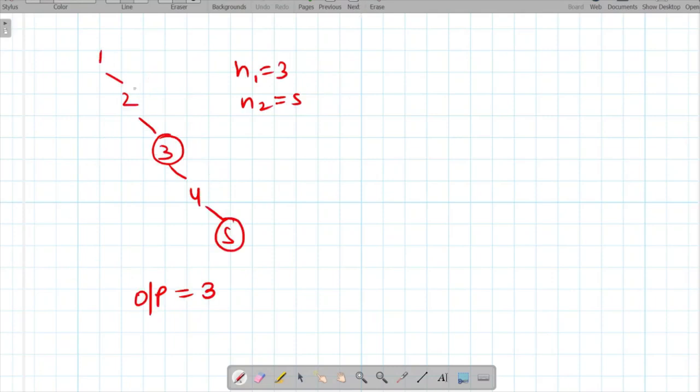So again for this example, this is a different example. We have this tree 1, 2, 3, 4 and 5. These are the nodes that are given to us. So we have n1 and n2 values as 3 and 5. So we have to see the common ancestors. So the common ancestors for 3 and 5 will be 1, 2 and 3. But amongst these we have to return the lowest common ancestor. So the lowest common ancestor will be 3 itself. Okay. So a node can be an ancestor of itself. So just remember that, and we will return 3 in this case.